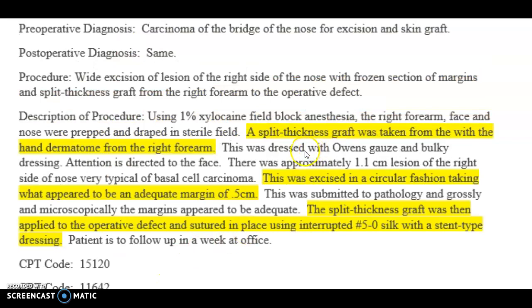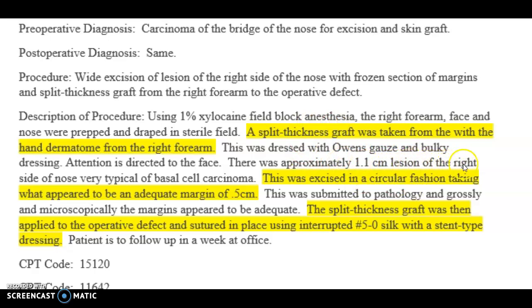The third case is a skin replacement surgery. So in this instance, we're taking a split thickness graft taken from the hand, and then we're putting it on the nose of what we excise. So in this instance, you want to have a code for your split thickness graft as well as your excision of the hand. So you can see here that they excised